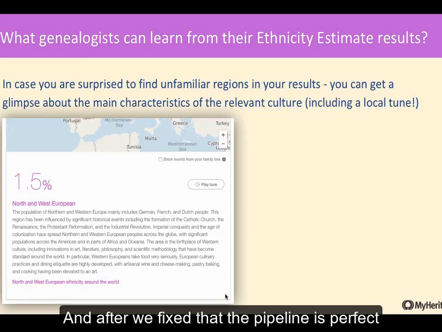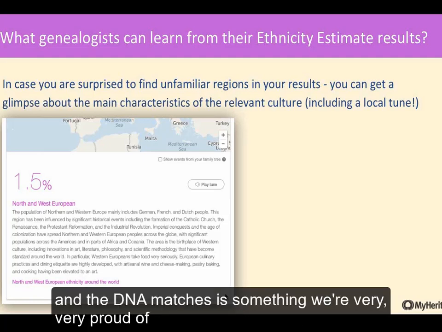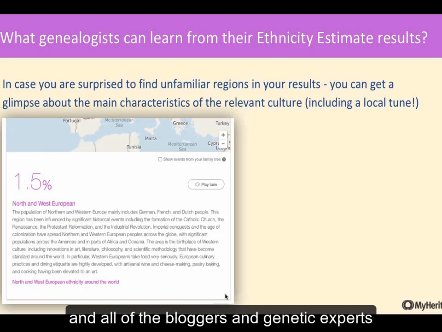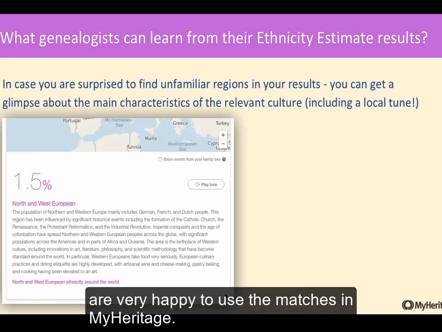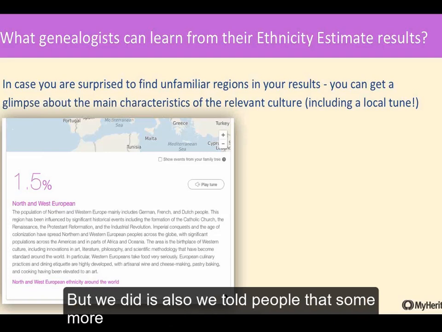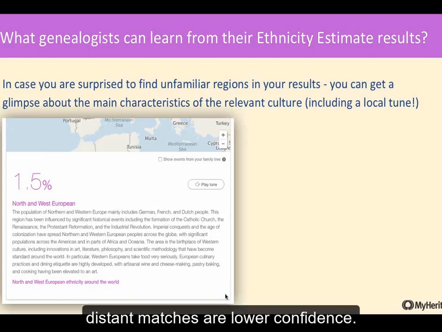And now, after we fixed that, the DNA matches are something we're very, very proud of, and all of the bloggers and genetic genealogist experts are very happy to use the matches in MyHeritage. But we also told people that some more distant matches are lower confidence,